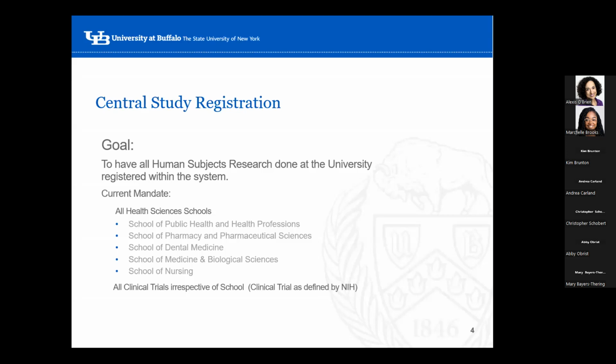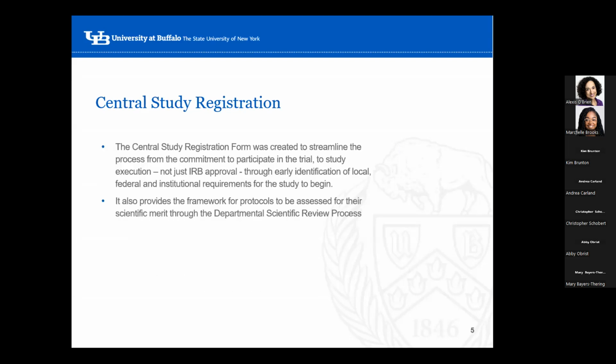First off, the overview: the goal is to have all human subjects research done at the university registered in the system. Right now, the mandate is for all of the health sciences schools and any clinical trials from any of the other schools. I don't want to go over this in too much detail because you've all heard of this before. It was created to streamline processes,